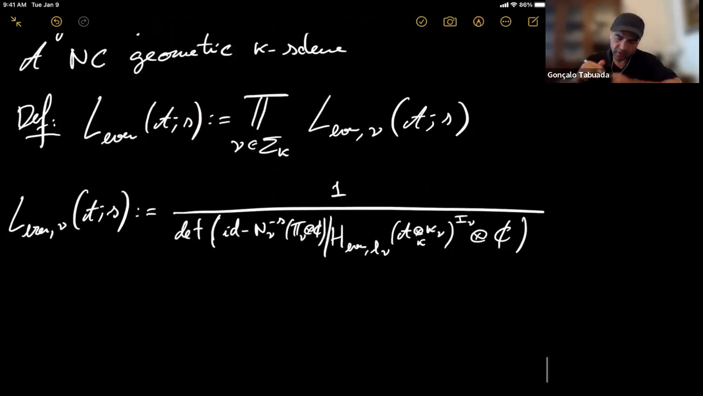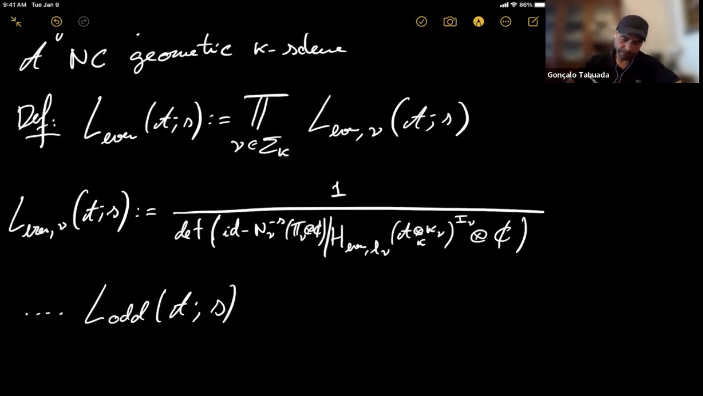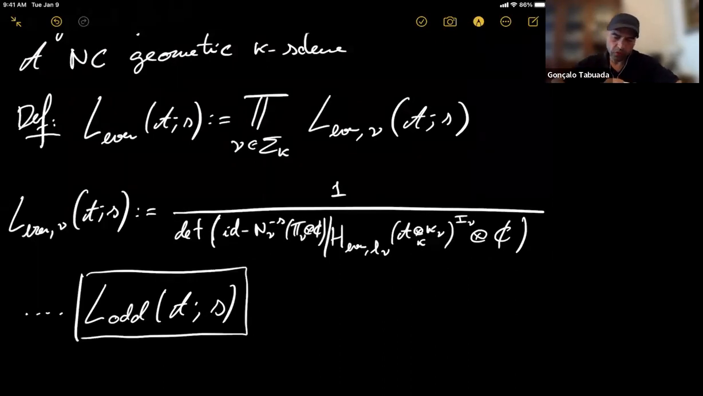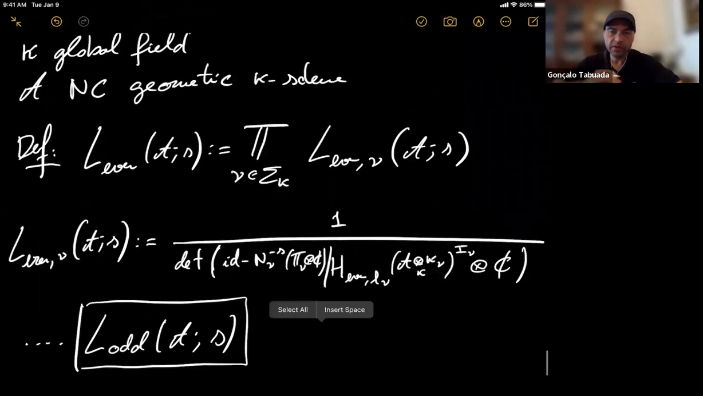And similarly, same story for the odd parts, where here instead of even homology, you take the odd homology. So you can also define this one. Okay. So we have these two. You can assign to any non-commutative geometric scheme two L functions, an even and an odd one. And now you